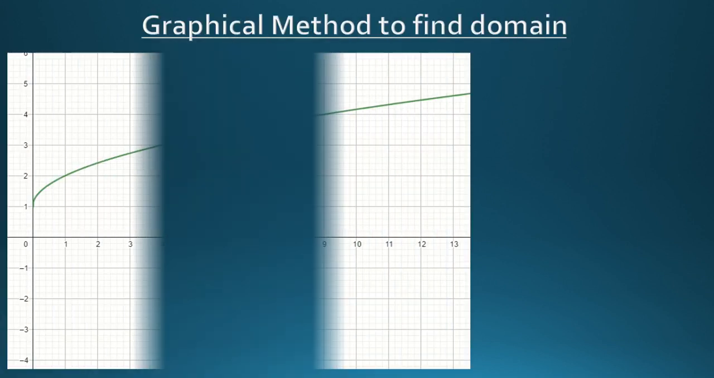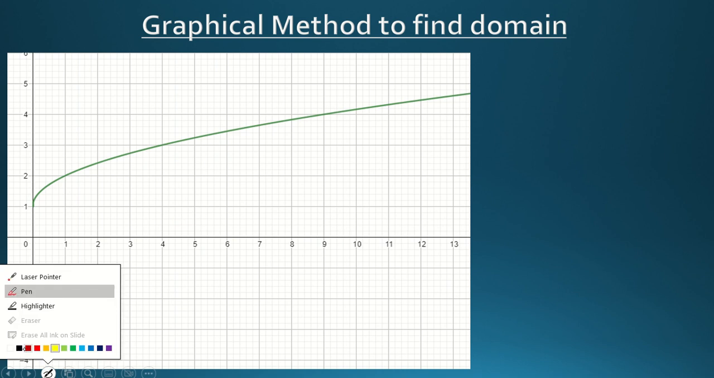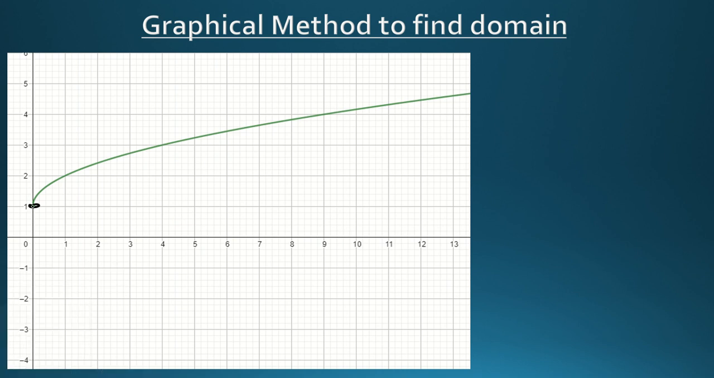Okay, now again we will see this graph. Can we have some restrictions here on the graph? Yes, for x more than 0 it is defined, but for less than 0 it is not defined, or you can say it is not going towards the negative side of x. So since the graph can be defined only for x greater than or equal to 0, its domain will be